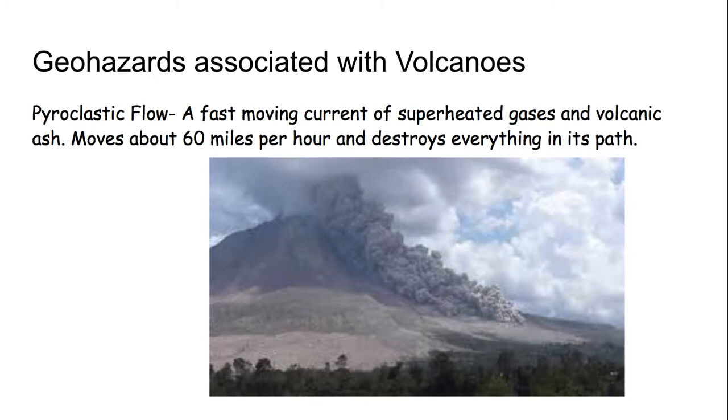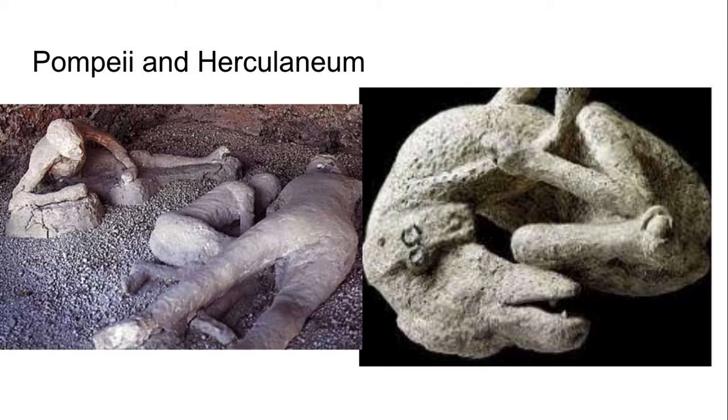All right. The most famous example of the fallout of a pyroclastic flow can be seen here at Pompeii and Herculaneum in Italy. These were Roman towns at the base of Mount Vesuvius, which is in Naples, Italy. And it erupted in 79 AD. That's not the last time it erupted, but that was the last really major eruption. And the people in Pompeii didn't realize Vesuvius was a volcano because they had never seen it erupt before. So it didn't dawn on them what that was.